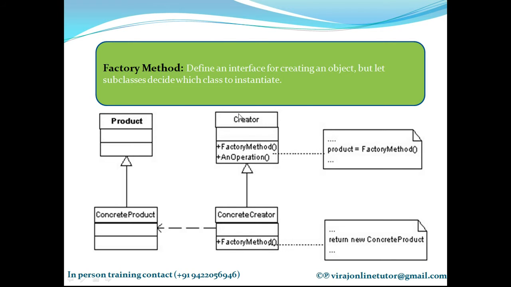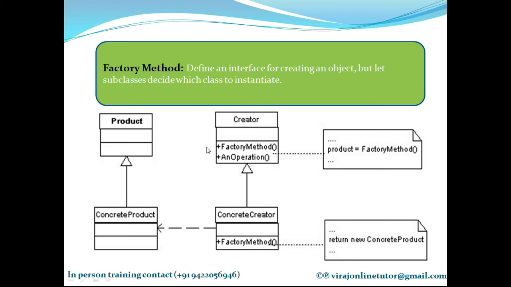Right? So in this creation hierarchy, I have one function called a factory method. And in the concrete creator, since I am inheriting from this creator, I have a factory method inherited here as well. Now if I want an object of product to be created, please remember that product is just a placeholder. It's a category of the product, whereas concrete product is the actual product.